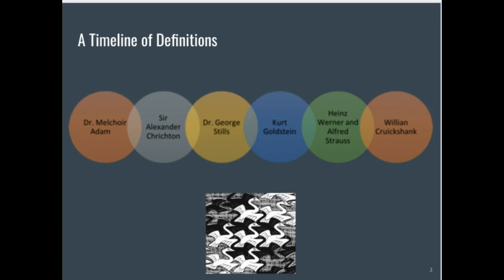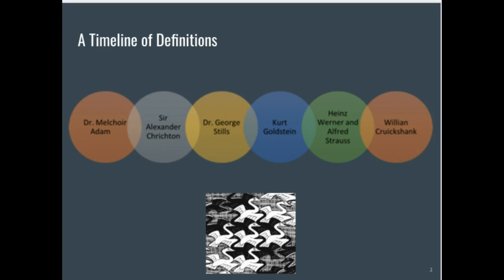Kurt Goldstein looked at, again, a different subgroup of people, and he looked at soldiers that had experienced brain injury in World War I. And the brain injury generally affected the middle brain areas. And what they were noticing, like the hippocampus area now that we are aware of, is that people with these damaged hippocampus were disorganized, hyperactive, had what we call perseveration, meaning that they kind of repeated on a topic or an idea over and over again.